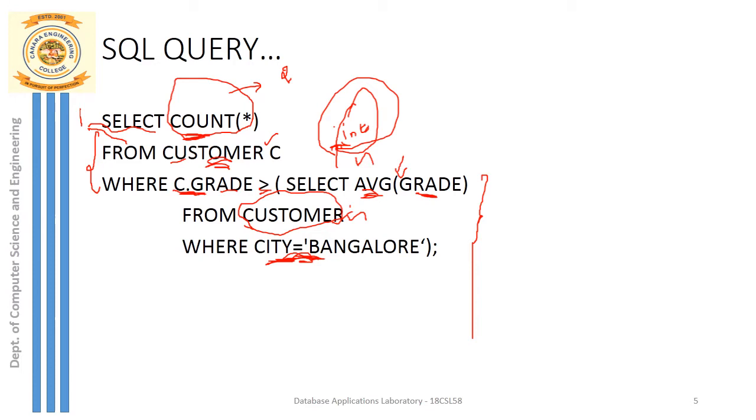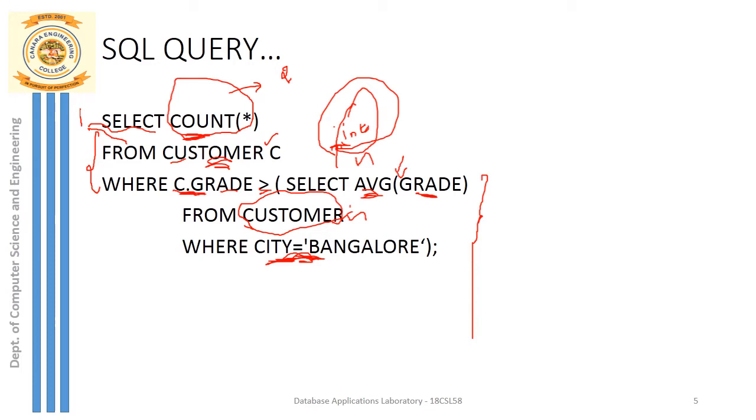The count value is incremented by 1, so that particular row is counted and taken into consideration. That is how you write the SQL query. Remember, the outer query and inner query are correlated here. First you have to execute the inner part of the query and retrieve the results, and that result will be compared with the outer query.